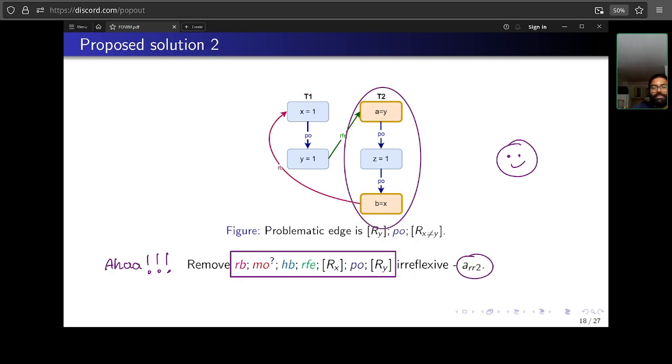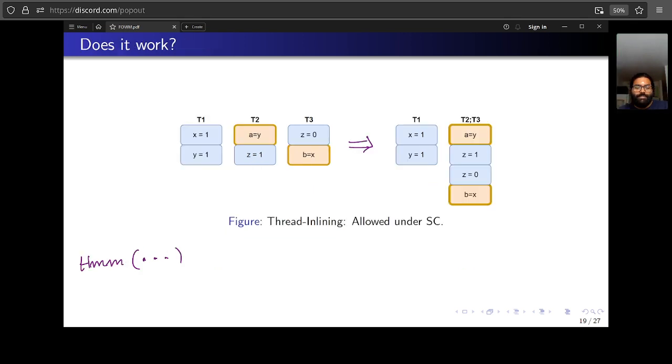So what can we do next? Maybe it was not just PO. If you just look at the example, maybe it is PO, any PO. That means there can be any event in the middle. And this is z equals 1, but it can be even z equals 0 or any number of writes. Does that work? Well, let's see. So let's do a bunch of optimizations. Or let's just say transformations. Some may not agree it's an optimization, but let's say.